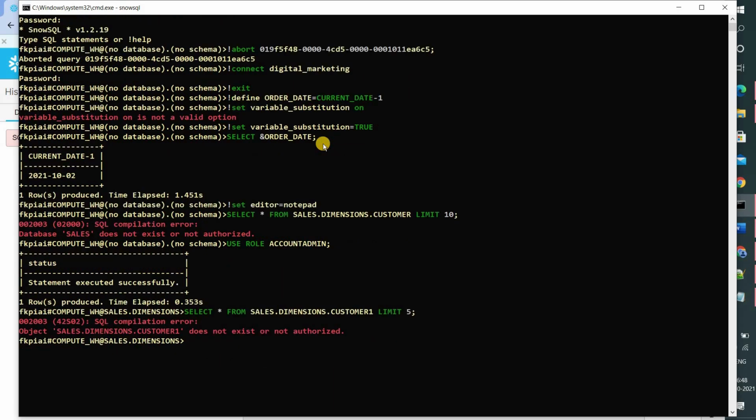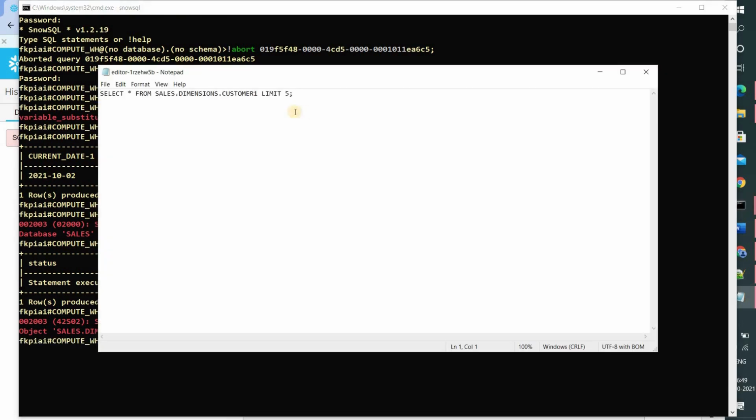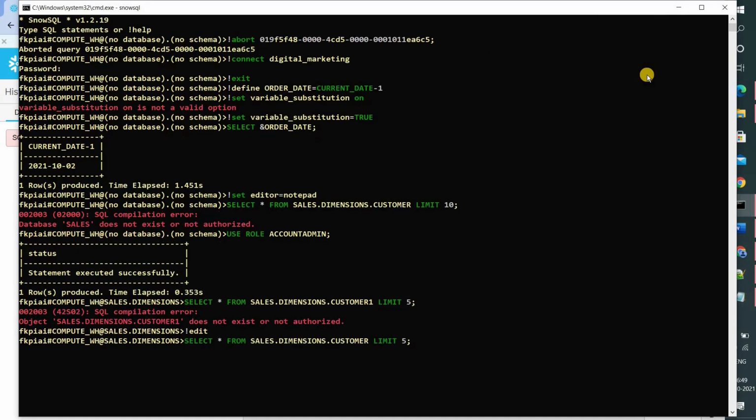Okay, now I want to edit this SQL. So you can say edit. Correct your SQL, then save and close it.